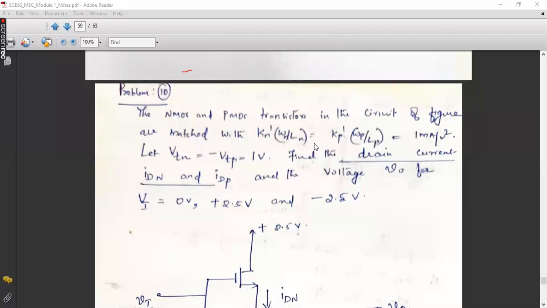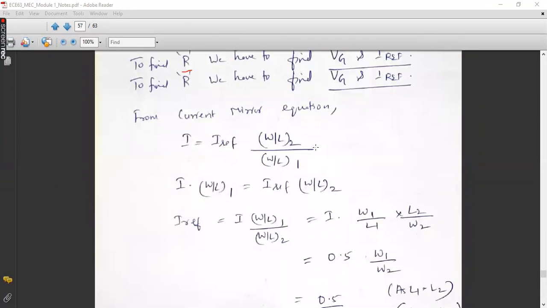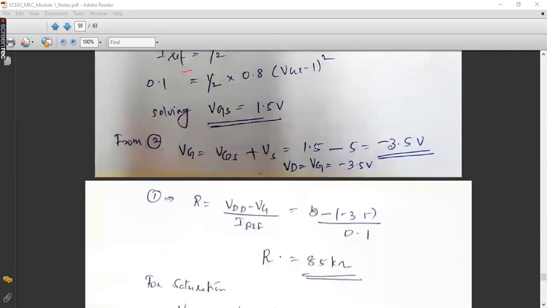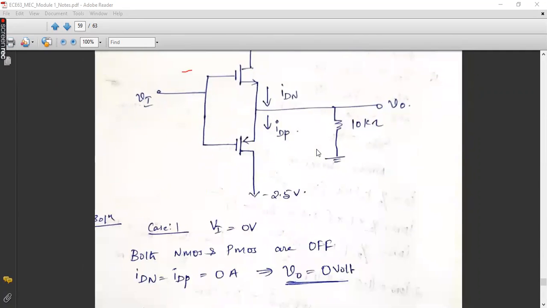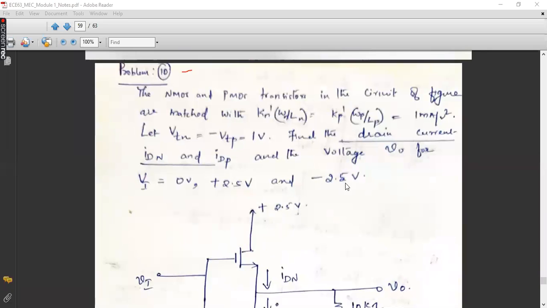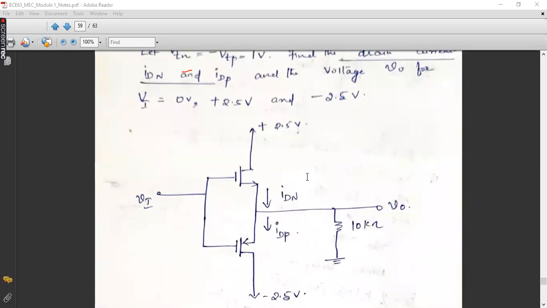For numericals, you practice all these 10 questions. I already shared them yesterday, so these 10 problems you have to practice accordingly. Such questions I have also included in the question bank. You can practice those questions, mostly it will be the same, and then you can attempt the exams.